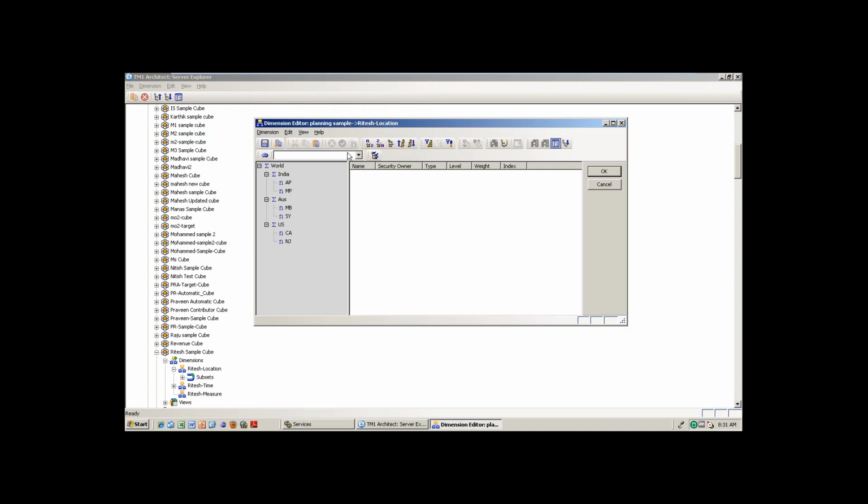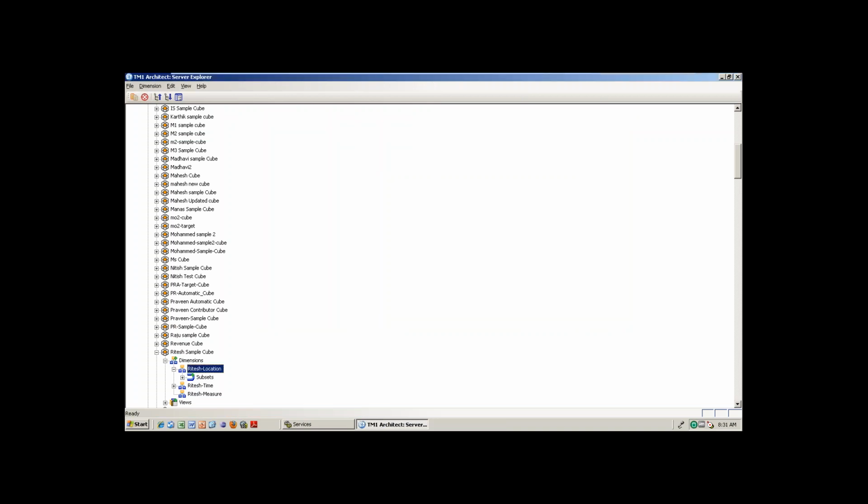All these things are there. So it will change the entire structure of the dimension, so it will be applicable for all the dimensions. Any questions here till now? So subset, when you double click, it will open in the subset editor. But if you right click and just edit the dimension structure, it will go and change the original structure.